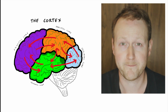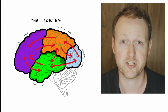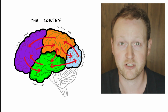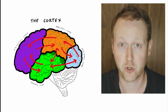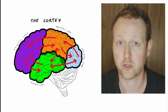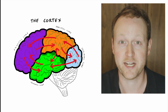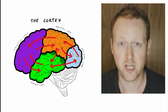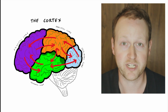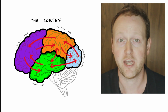Before we close today, I think it's important to also note that while there are certain behaviors associated with certain specific regions of the cortex, most of our behaviors actually are the result of communication between many different areas throughout the cortex, as well as a number of subcortical structures. In many cases, it is being oversimplistic to try and explain one behavior with one specific brain area. Rather, learning how specific regions of the cortex communicate within these networks will lead to a much better, thorough understanding of